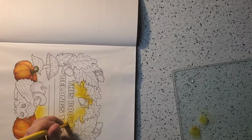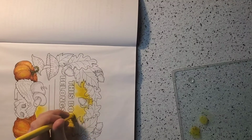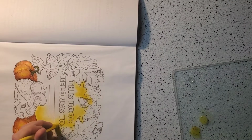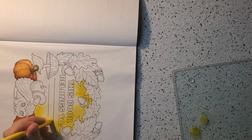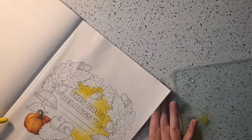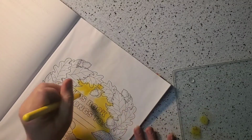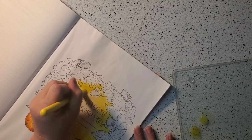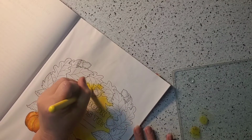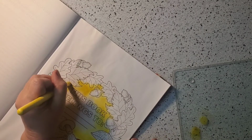So now I want to go back and add a little bit more through here to kind of match. And that's the thing, you can keep going back and forth all day if you wanted. You're going to wind up coloring the entire thing because you go back and forth like that. So that one's a little thick in there, but I'm not mad at it. So we're going to let that be and come further down